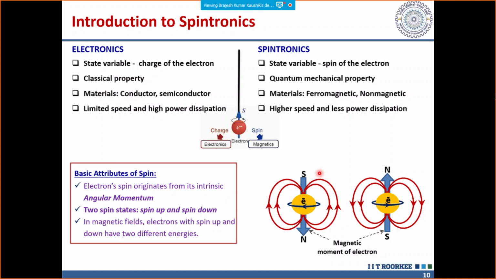Now, furthermore, what are the basic attributes of spin that you look into? Electron spin originates from its intrinsic angular momentum. There is a lot of physics behind that. It has two spin states, spin up and spin down. Now, in magnetic fields, electrons with spin up and spin down have two different energies. That is where it becomes quite relevant to discuss all these things. Furthermore,